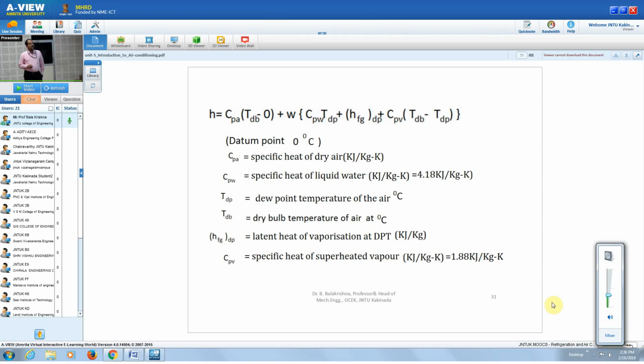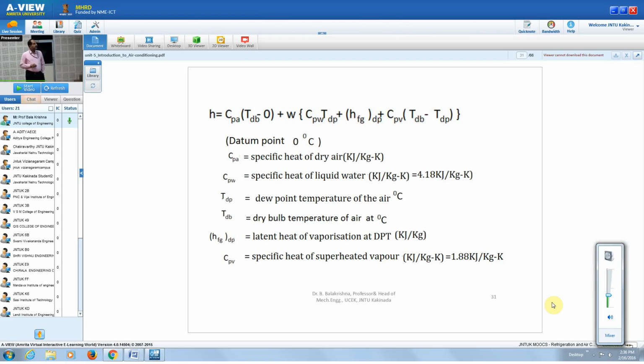This is a fixed value, 4.18 kilojoules per kg Kelvin, and this is TDP, the dew point temperature. We have already seen the dew point temperature in the previous slides, in degrees centigrade of the air. Then the TDP, again the dry bulb temperature,